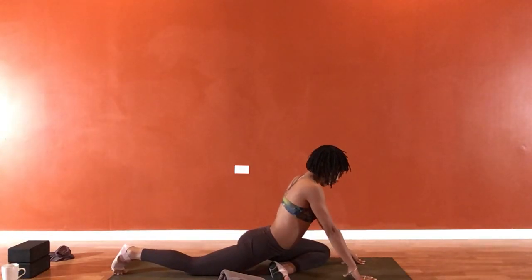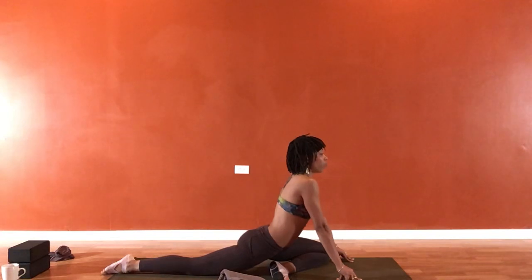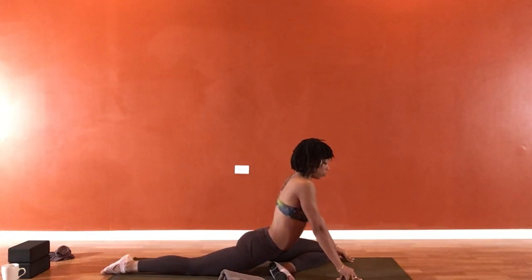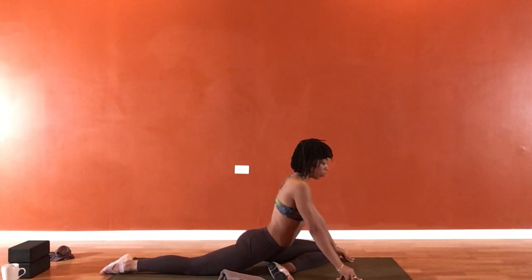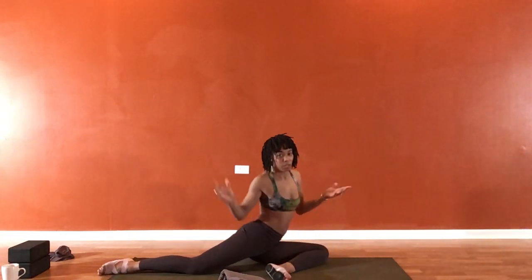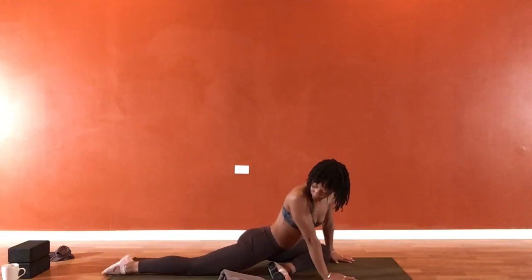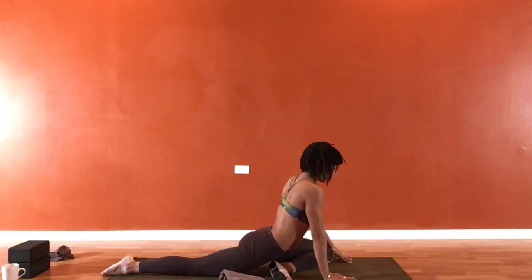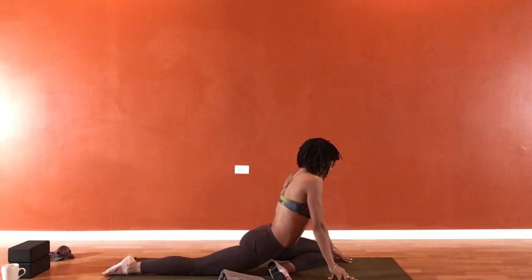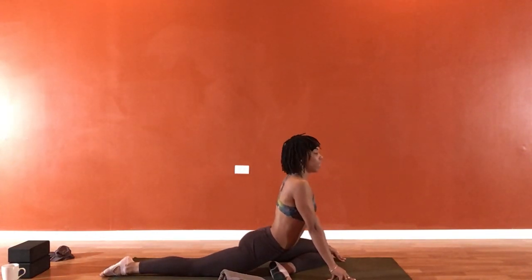Now we're on the other side, and our first task is to make sure that the weight is evenly distributed between the two legs. That one leg isn't holding more weight than the other, and we certainly want to ensure that we haven't dropped all the weight over into the left side hip, right? Instead, make sure that all 5 of your right toes are flat on the floor, and do your best to square your body forward in this shape. Invite an inhale, and notice how